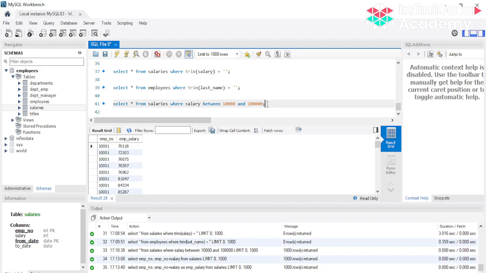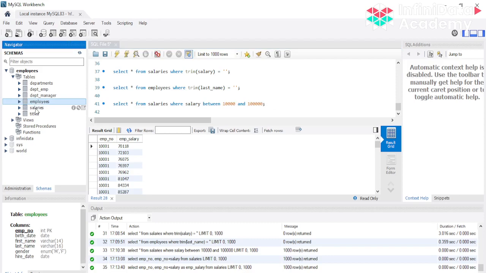Join is used to join different tables. Let's say you want to see the salary of an employee in your output; you can use join to join these two tables and see the employee name as well as salary in that output. And after the join you can do several aggregations.